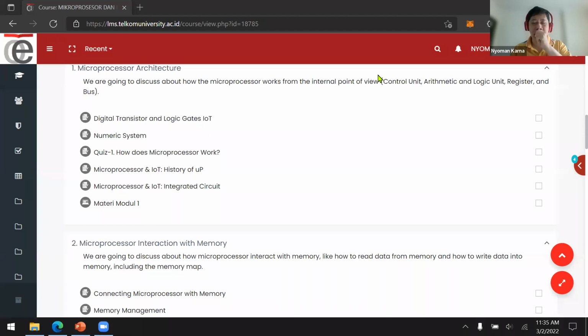First, you need to fetch the instruction from the memory and put it into the instruction register, and then decode the instruction to understand what is supposed to be done, followed by executing the instruction itself. And then fetch again, decode, execute, fetch again, decode, execute, etc. until the end of time. Now, today we're going to discuss how the microprocessor interacts with memory.